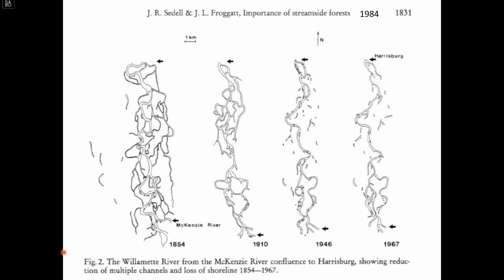And so there's a ton of really good old literature out there, but one for kind of a local context. This is from Jim Sedell and, I forget Froggatt's first name right now. But anyway, this is from 1984, and just looking at the Willamette River, from the confluence with the McKenzie up to about Harrisburg. I think this is about a 20-mile stretch, and just a nice little map showing the change in the river